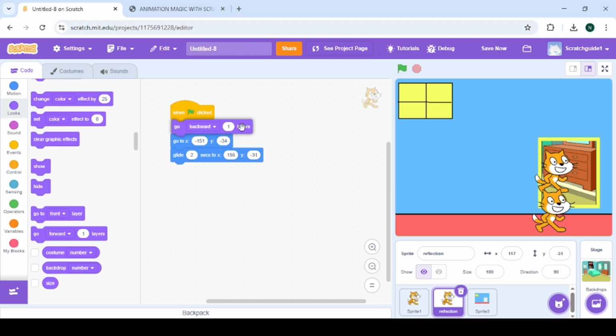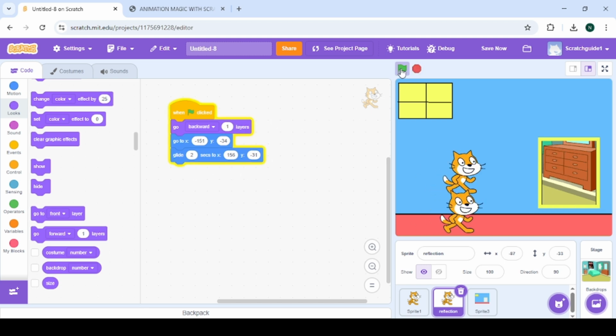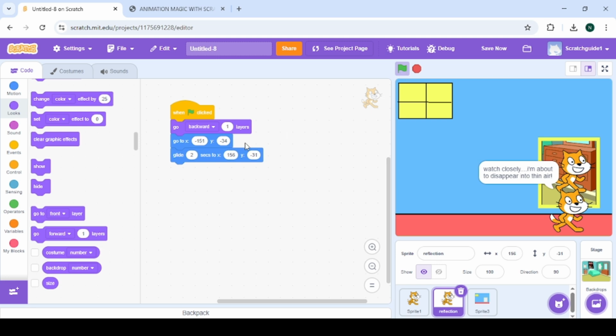When green flag is clicked, go one layer backwards. It's happening because we placed this block down here instead of up here. So let's see. You see. Alright, now it's working. Okay, we place this block here, not here. So we made that mistake. Now